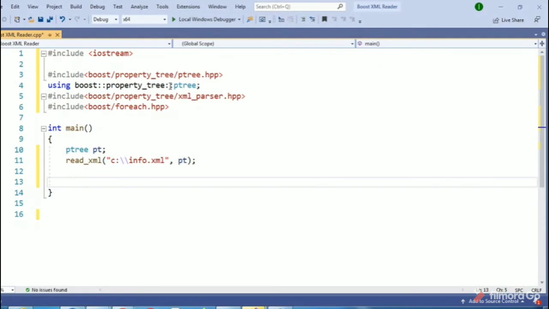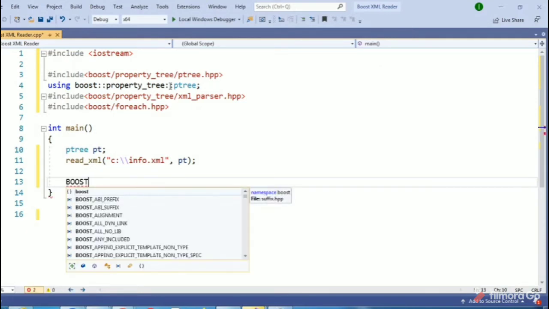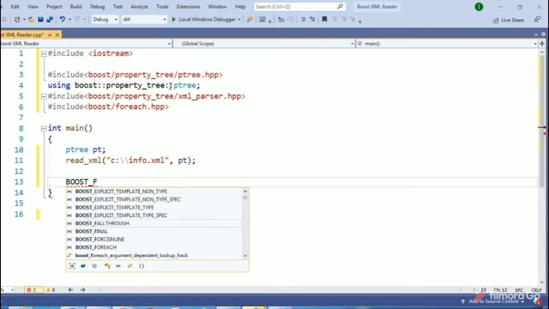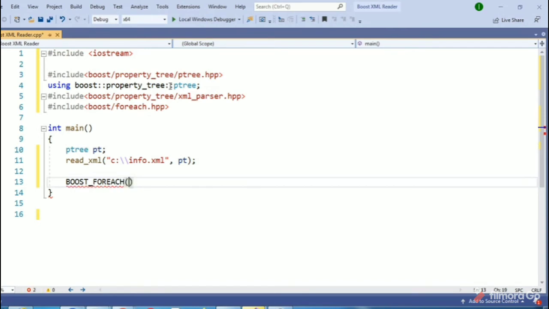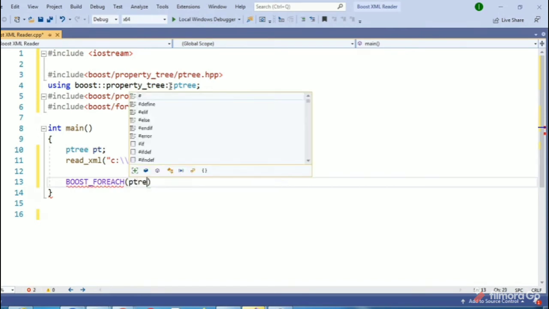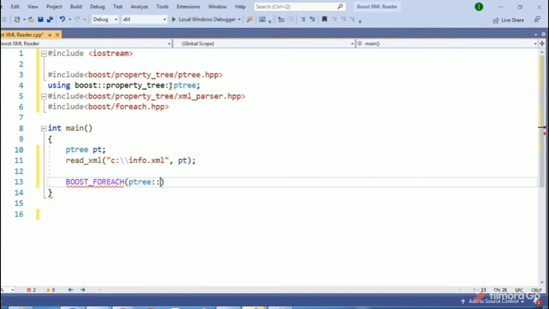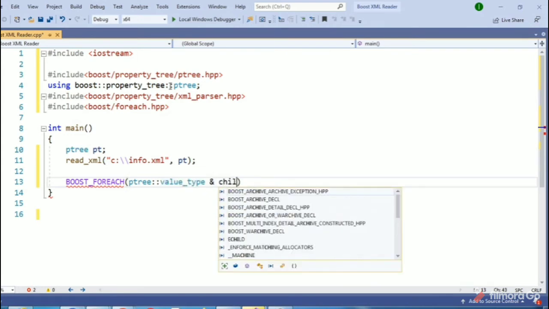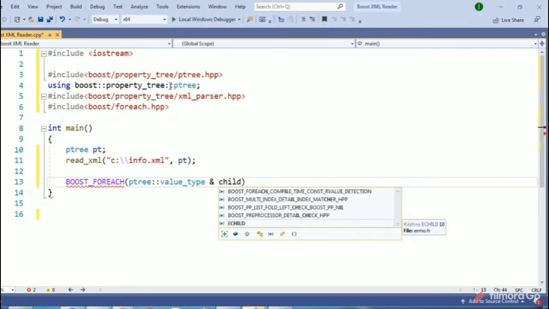Now we will iterate on this XML using the Boost for each. You can see it's down here. Now we will use the Boost API value type, which is used to read the child of this XML file.